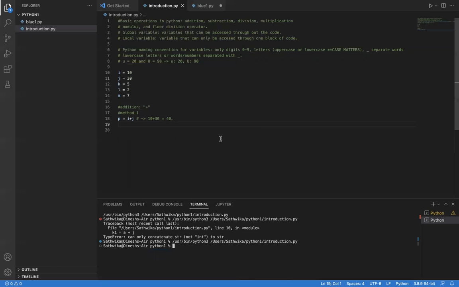So to make it visible, we're going to write print. This is the function to display an output in the console log. So we're going to write print p and run the code. Notice how we get 40. That's our result. So our second method could have just been print